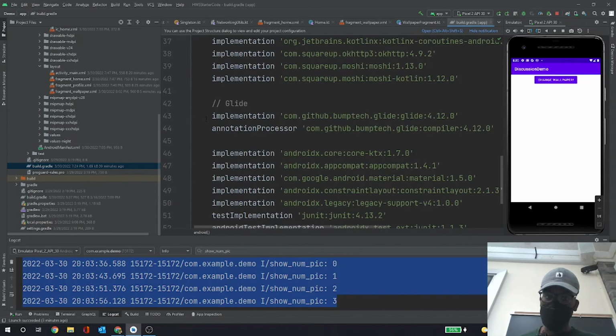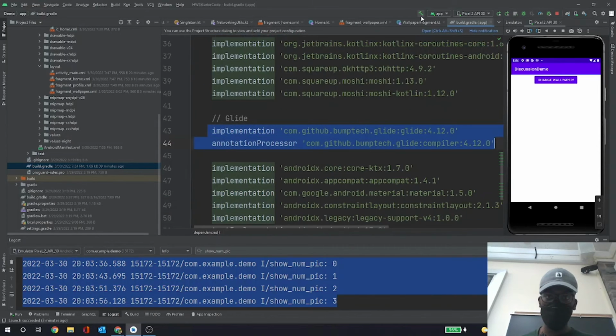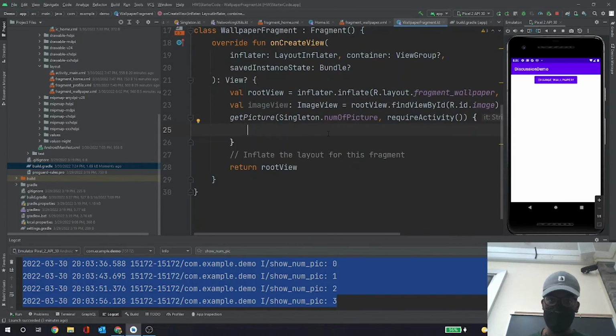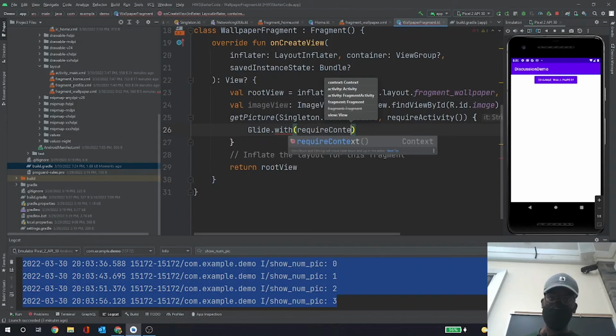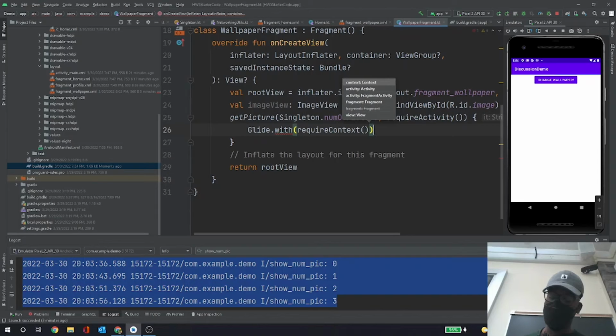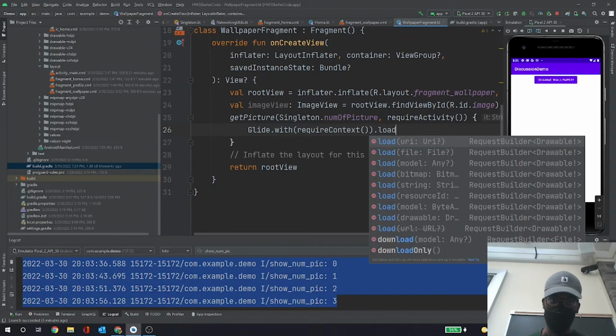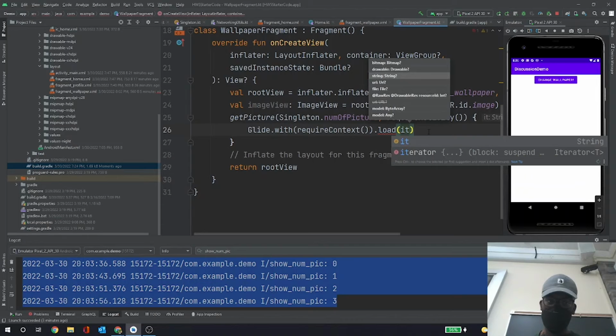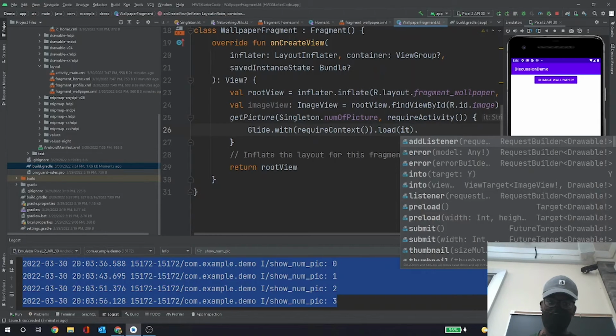Right, it's these two dependencies here to use before you can actually use it in your fragment. So I already defined the dependencies. I'm just going to use the library. So Glide.with, which takes in some context, so I'm just going to pass in the context here. And then I want to load the picture from the URL, which I can do using load. I can pass in the URL. And then I want to put it into the